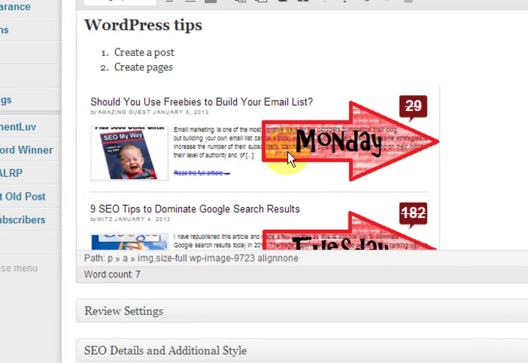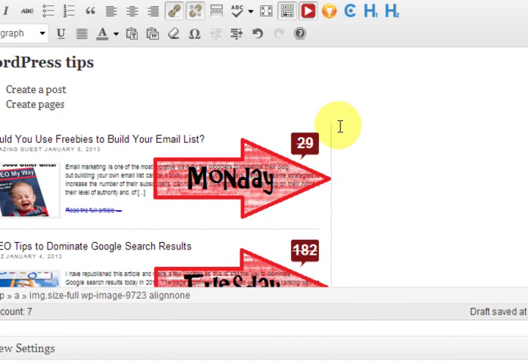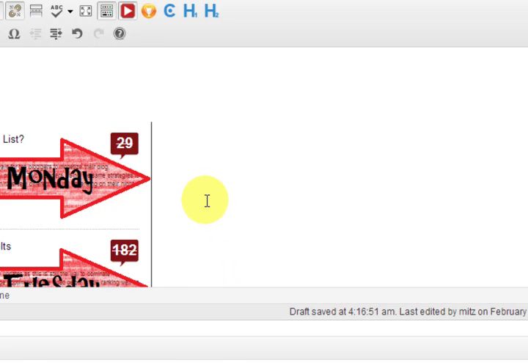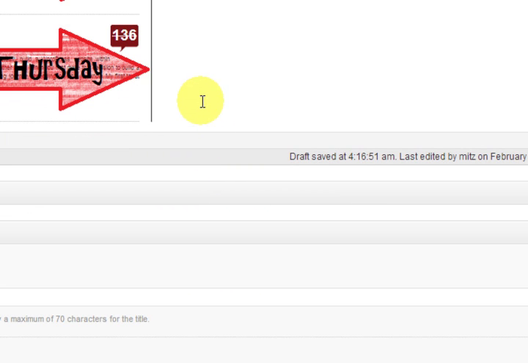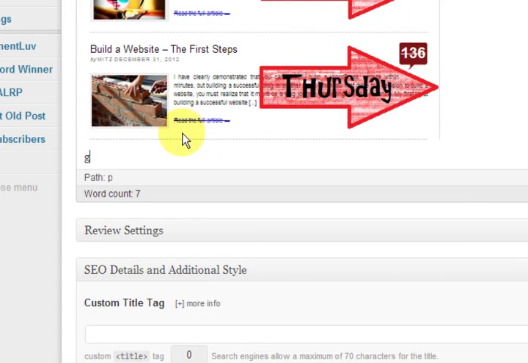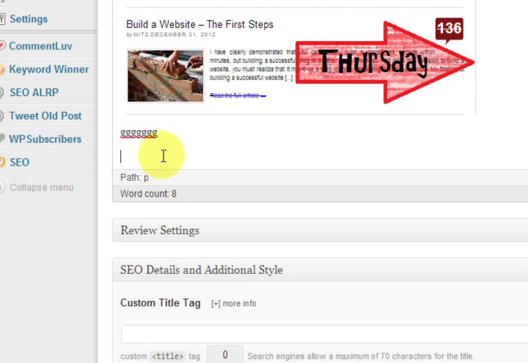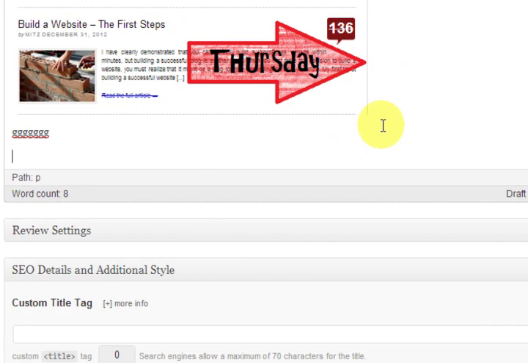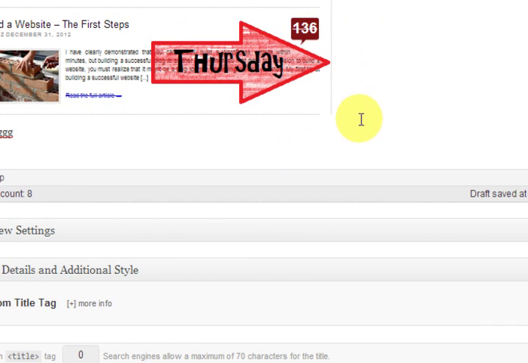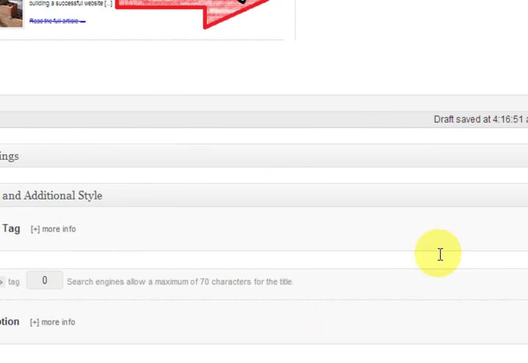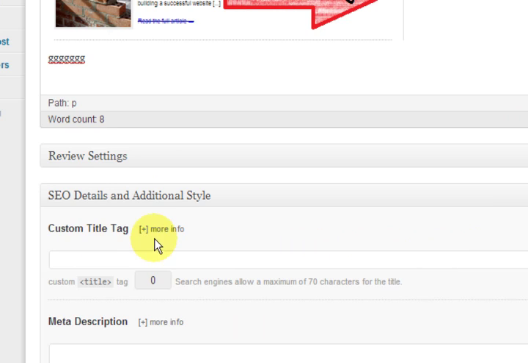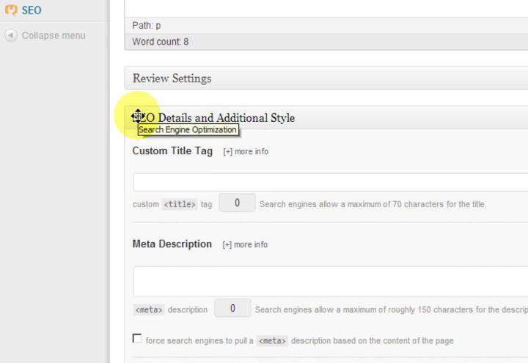So if you align that image left, then the text will come here. Okay, so we can continue. We've got an image. We just go down the bottom here and you write some more text, etc., etc. Now, the other thing about a post is you might have some search engine optimization details to fill in, which